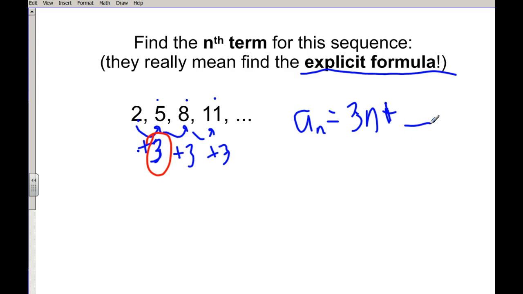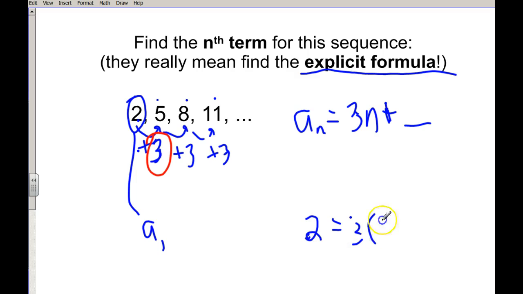And so I like to think of the very first term. In other words, we know this is true when n is 1. So if we plug in 1 for n, we should get a value of 2 here. So I might try to solve this equation, kind of think of it this way. If we're finding a sub 1, then 2 will equal 3 times 1